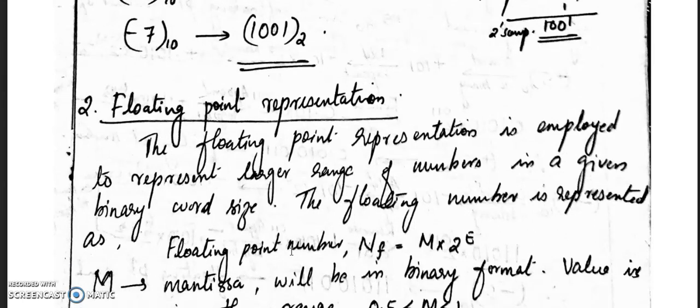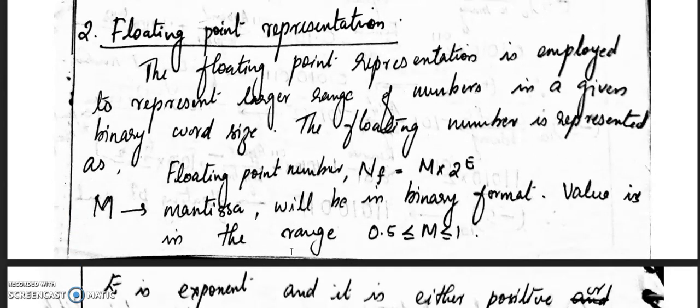Next, floating point representation. In floating point representation, the position of the binary point can be changed. It is not a fixed one. It can be changed. Okay, so the floating point number can be represented as m into 2 power e,